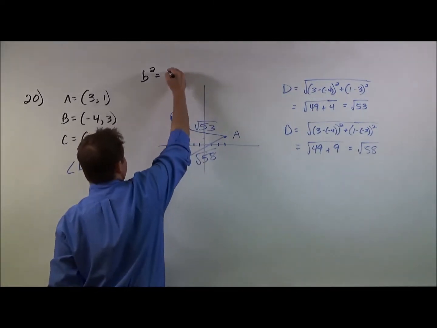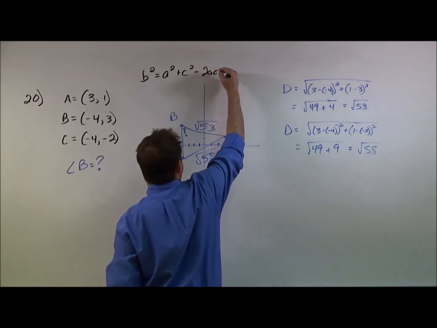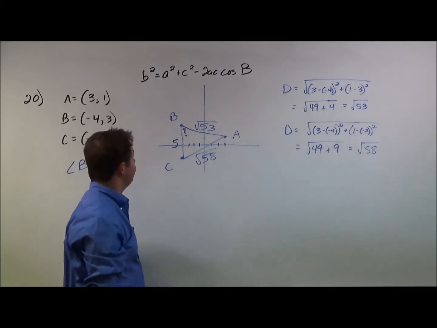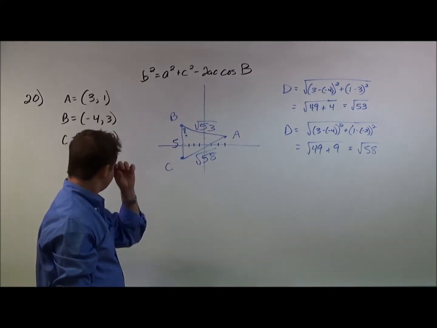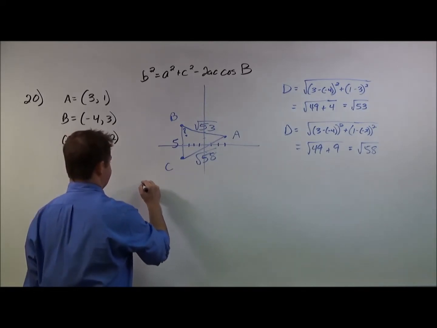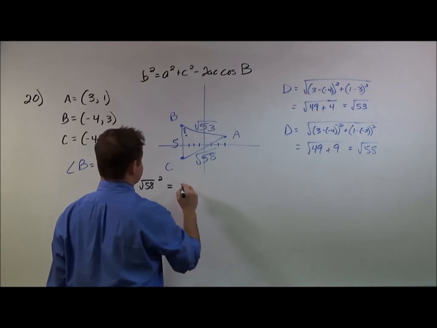So you're going to have b squared equals a squared plus c squared minus 2ac times the cosine of angle B. And so in order to plug in these numeric values, we're going to have root 58 squared equals